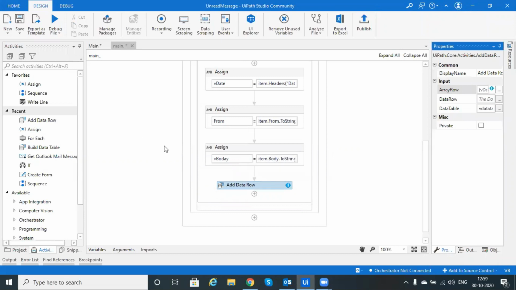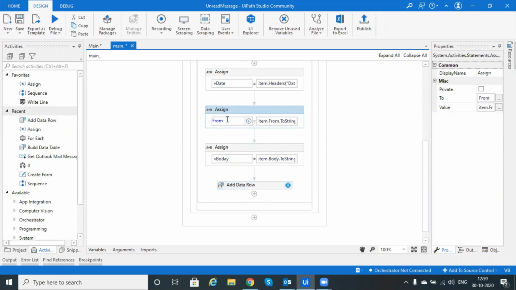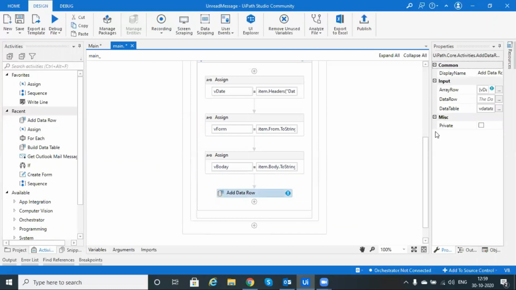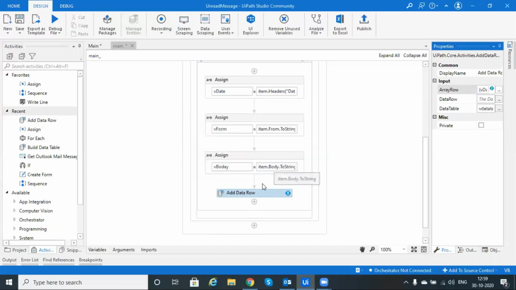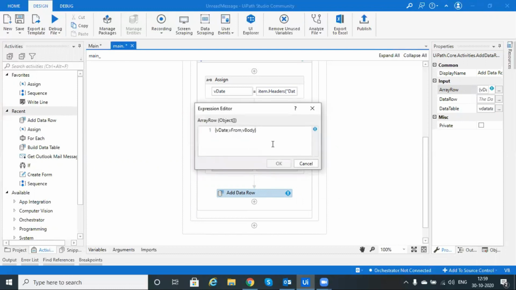Yes, actually here we will use something different, that's why we will mention the from. Right now you don't get any error. Okay, let me check what we will get. We have date, from, body, everything is okay.